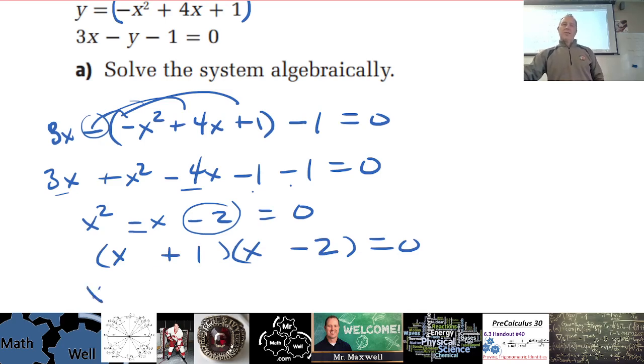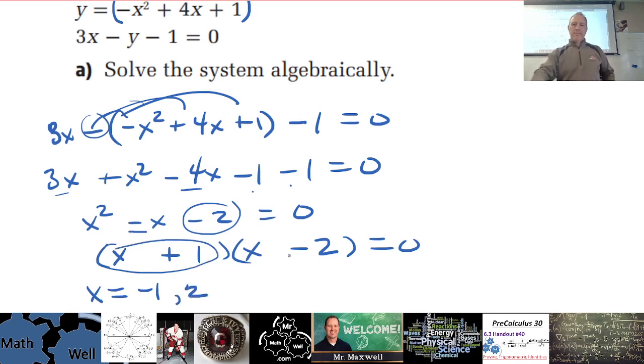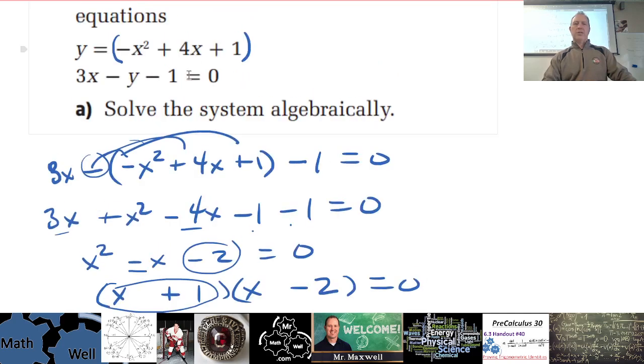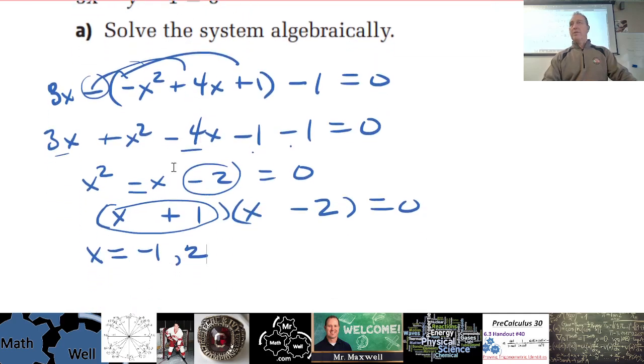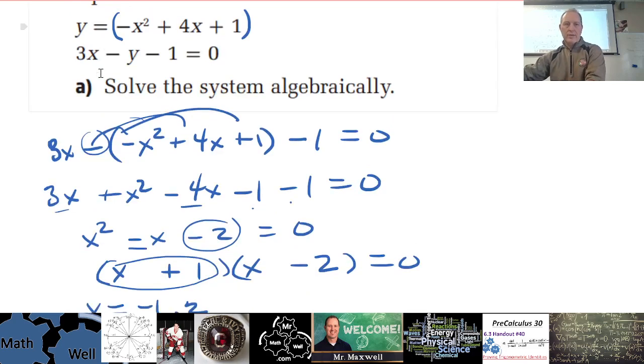Which means that x could equal a negative 1 for this factor to make that 0, or a positive 2 over here. So I don't see any problems initially with having x equals negative 1 or 2 back in these originals. So what you want to do now is just substitute each of these in to find their corresponding y values. So if x equals negative 1, then y is going to equal